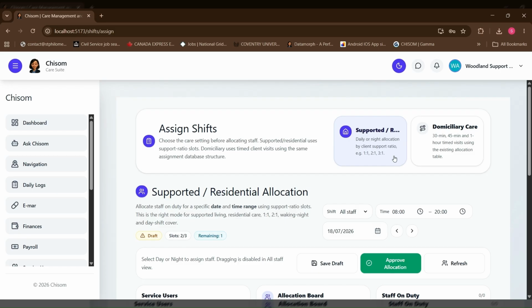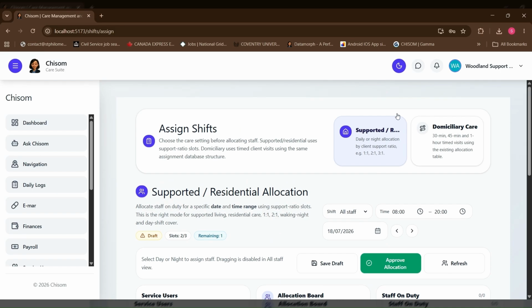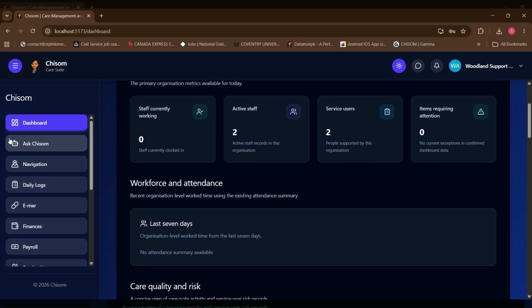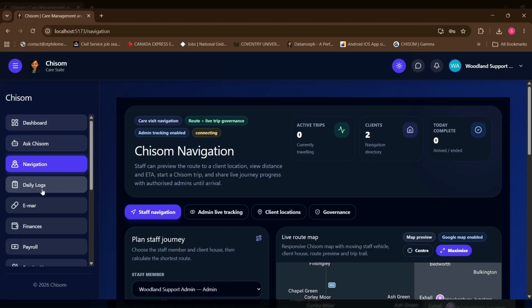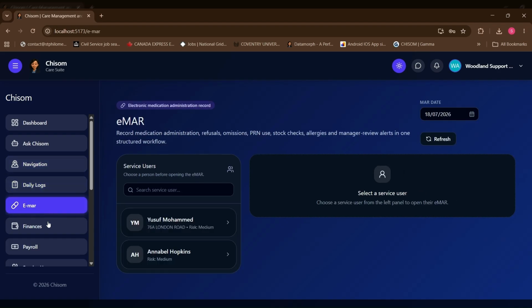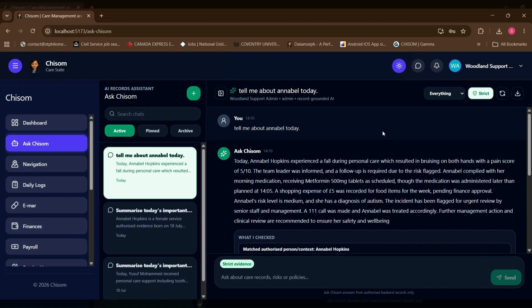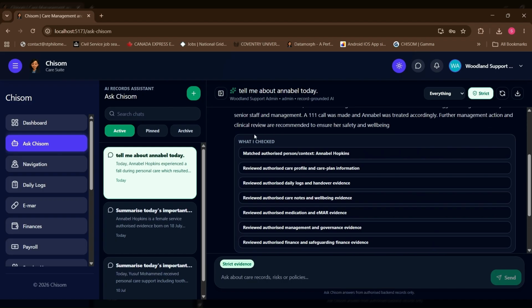Before I leave, I also want to say something. Chisom has two modes. This is the light mode. For those that are not comfortable working with light mode, you can also switch to dark mode. Me personally, I prefer working with dark mode. So everything comes up like this. The dark mode is actually nice, same as the light mode. And the good thing about Chisom also is, if you come to Ask Chisom and ask a question, it doesn't just give you results, it tells you where it got the result from. See what I checked. So from this,